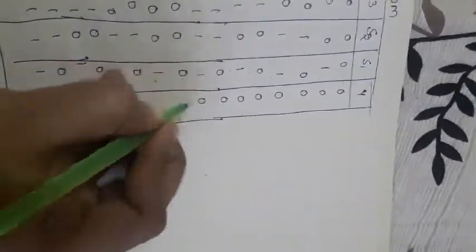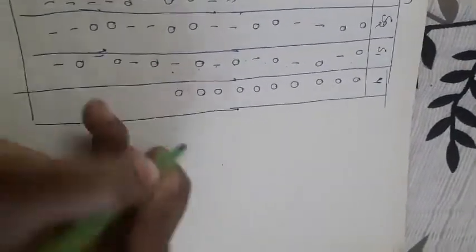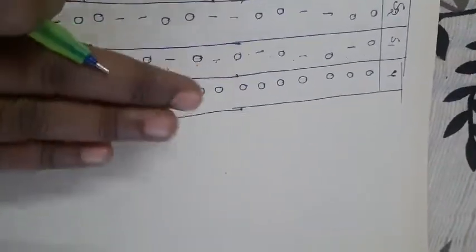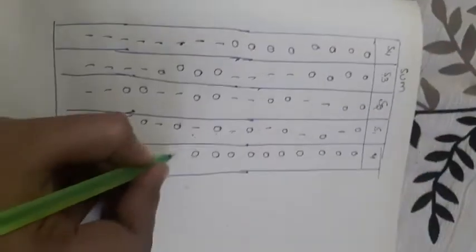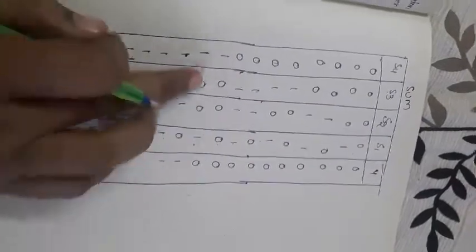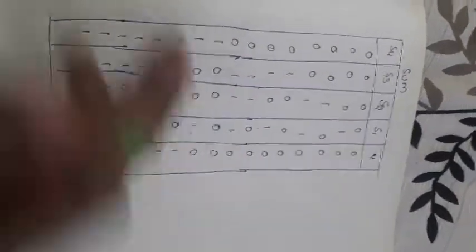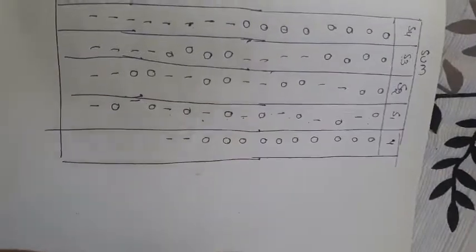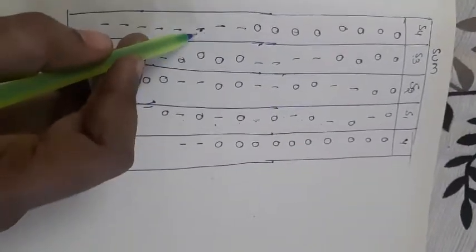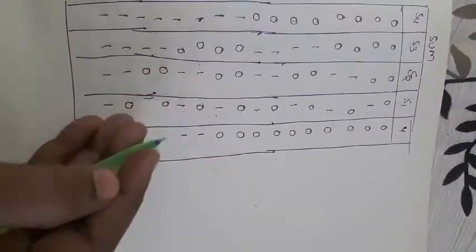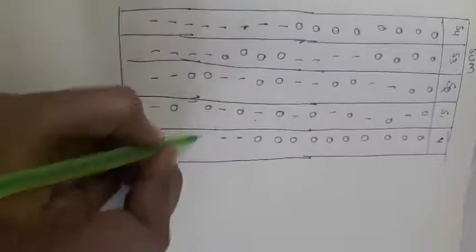So what is the major point here? My output must be 1 when greater than 9 is there. Just observe, this is up to 9, and 9 is also included with less than 9. If it is exceeded, or greater than 9, then the output is equal to 1. That is the error. Exceeding 9 is nothing but here 1010, that is 10. From 10 onwards the output is equal to 1.